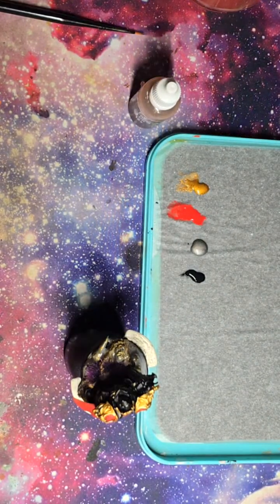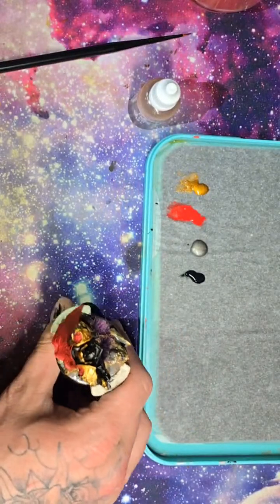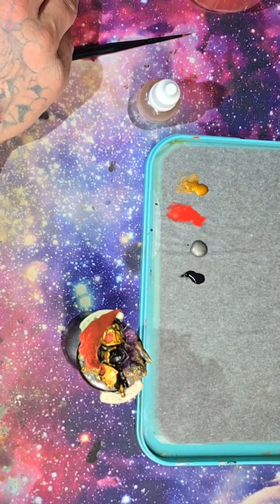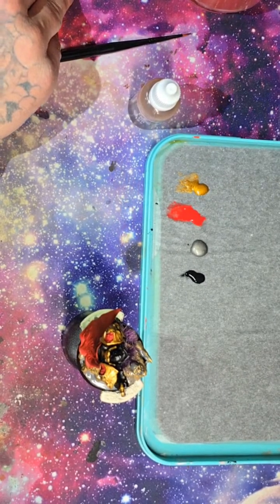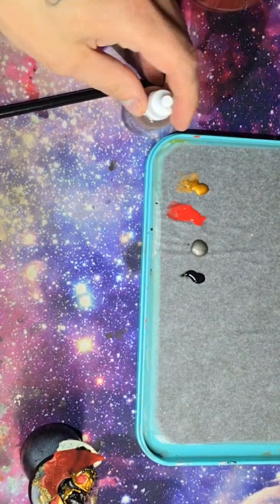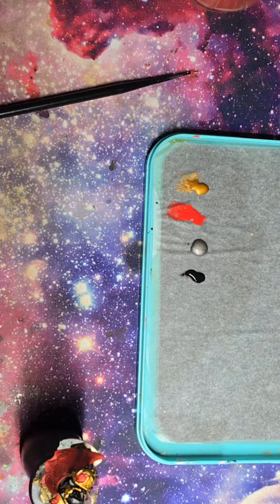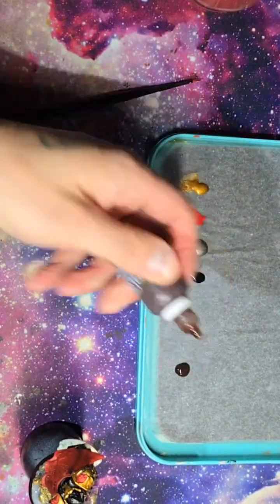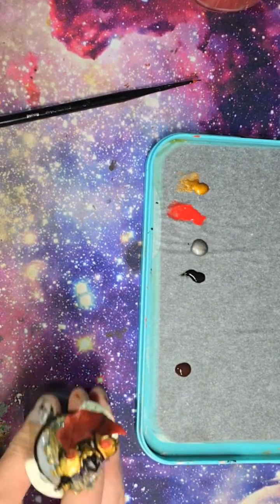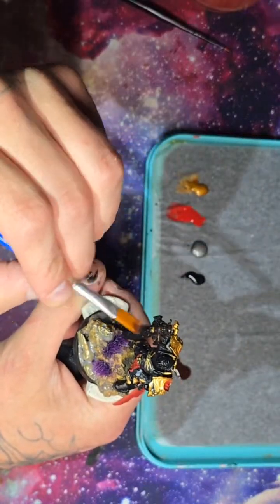All right. Give me one moment. So the red's all painted. Now I'm just doing the Reikland Fleshshade. All right, here we go. So I basically just have to add Reikland Fleshshade to this, and let it dry. After that, I'm going to go back over it with the gold and